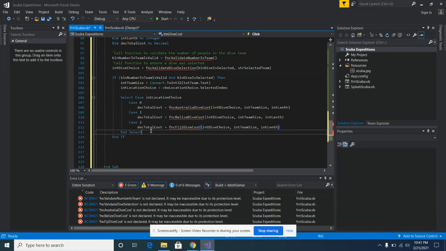All right, so after our end select, in between our end if, we are just going to display the dive name, the dive cost, and the length of the dive, which are going to be returned here from these functions. So we'll put a comment in, display the cost of the